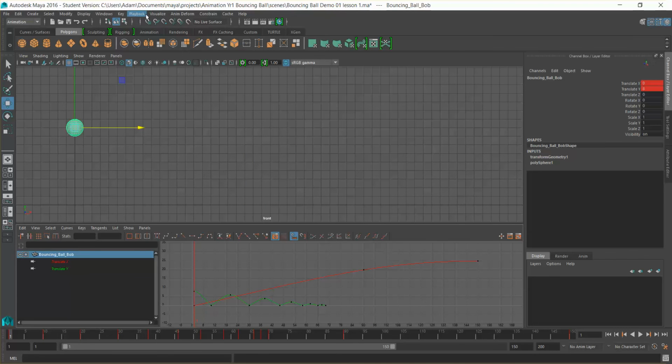So one way of doing that, as you may have seen in the previous lesson when I was demonstrating some of the curves, is by creating an editable motion trail. So if your drop down menu is on modeling by default, or rigging, or some other form that you don't need, change that to animation and go across to visualize, and if we go down to create editable motion trail, okay,